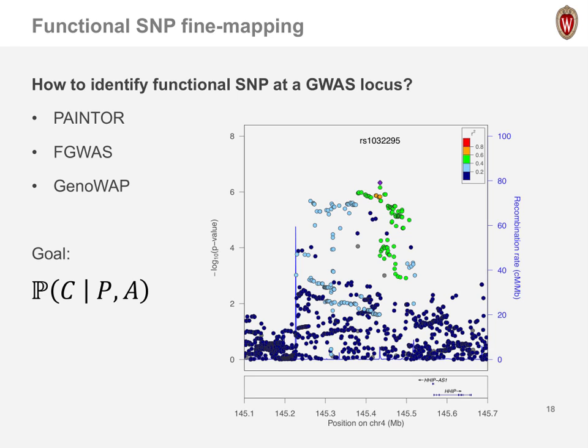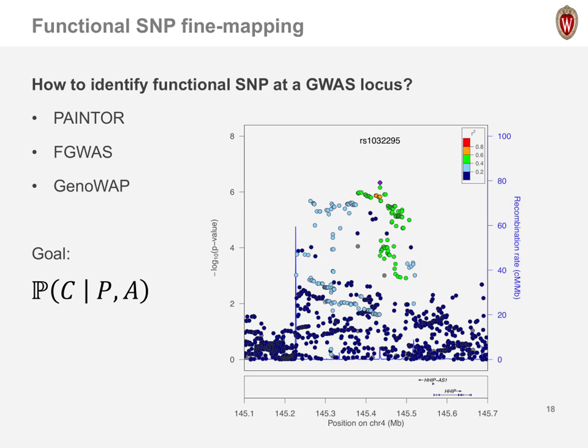So once again, just the example, right? A large LD block in the middle of nowhere. What's going on? Which SNP is more likely to be functional, and then how do we study its function? And there are several different methods that can do this. These are called fine mapping tools. One is Painter from UCLA, another is from Joe Pigura from New York Genome Center, and we actually have another algorithm called GWAS, Genome-Wide